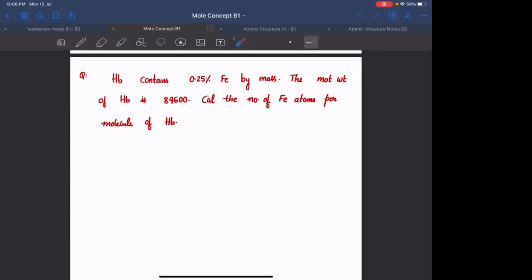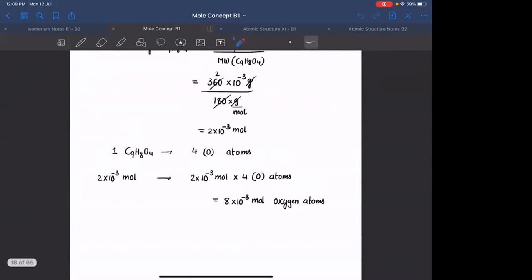सबसे पहले we have calculated the number of glucose molecules, and from the analysis of glucose molecule C6H12O6, each molecule has 6 carbon atoms, 12 hydrogen atoms, and 6 oxygen atoms, right? So based on the number of molecules, we have calculated number of atoms of each element. उसके बाद कुछ क्वेश्चंस किया है हमने.